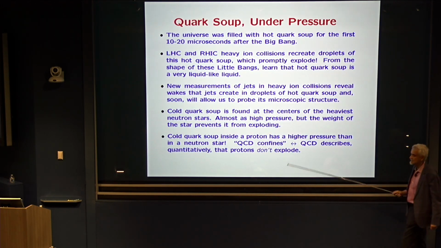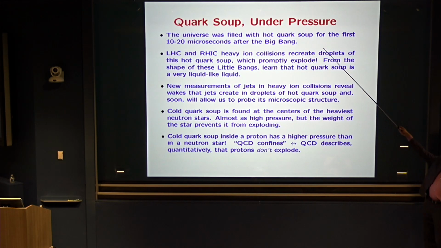So the story that I've told you: the universe was filled with hot quark soup. Every proton formed from that soup. Heavy ion collisions reproduce little drops of it, which promptly explode. Those explosions tell us that the soup of the Big Bang and the soup in these explosions is a very, very good liquid. We are on the verge of being able to do the experiments that will be Rutherford scattering off this stuff, and at the same time will allow us to see the ripples in it when you shoot a bullet through it. Cold quark soup, well, it's at the centers of neutron stars, and it's also inside a